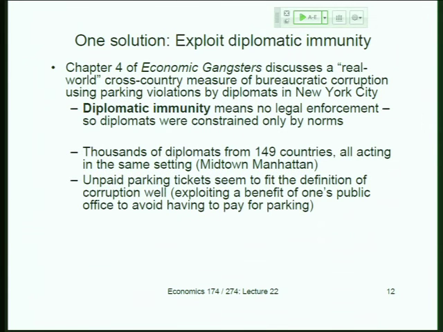Here we have basically comfortably paid diplomats all in one part of Manhattan, and the act of parking illegally and not paying your parking tickets because you are a diplomat actually seems to fit the definition of corruption pretty well. That is, abusing a public office for private gain. Because I have the public office of being a diplomat, I can park illegally and inconvenience everybody else, but because of diplomatic immunity, I never have to pay the tickets. That basically feels like corruption. I'm abusing my public office so that I don't have to pay for parking, or because I think it's fun. Whatever the reason is why I decided to park on the sidewalk or